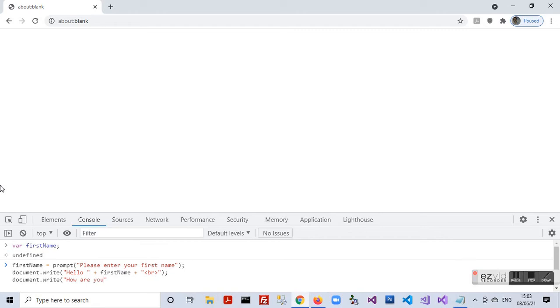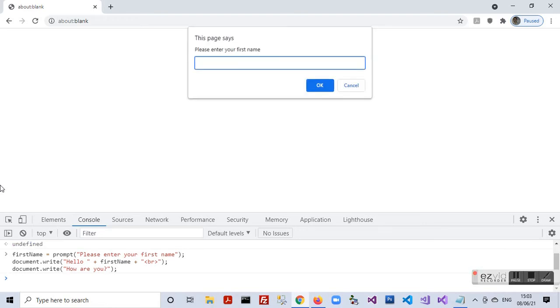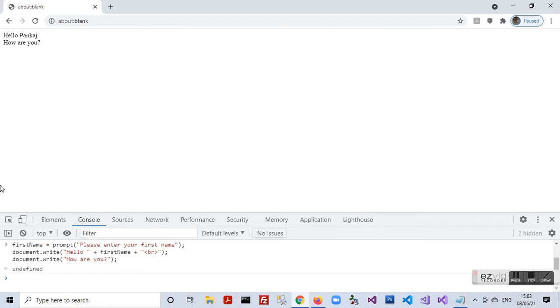And there I write my next message document.write how are you, and run these lines of code by pressing enter. So I get a prompt message, I type in the name Pankaj, I get a message hello Pankaj, how are you, and there is a line break between the two sentences.